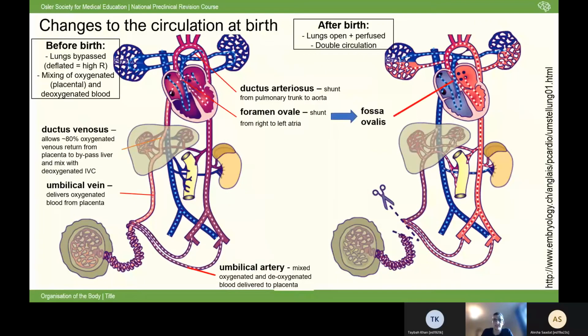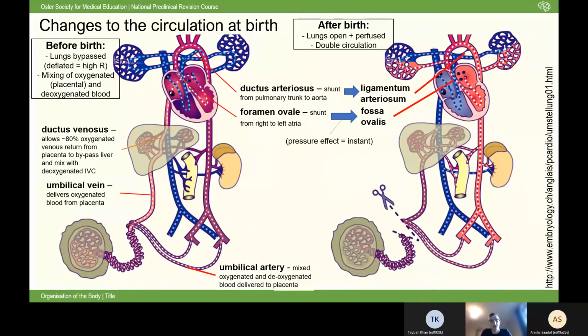That causes a few instantaneous changes, one of which is the closure of the foramen ovale, as the pressure in the right atrium suddenly decreases, and as the pressure in the left atrium suddenly increases because you've got the venous return from the lungs, then that causes a pressure change, and it causes that flap, that foramen ovale, to snap shut and block off